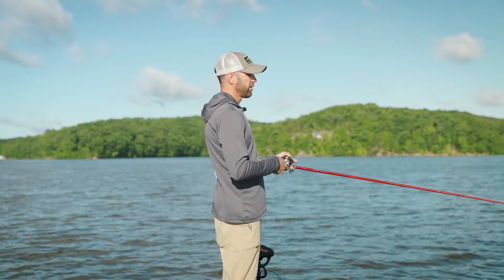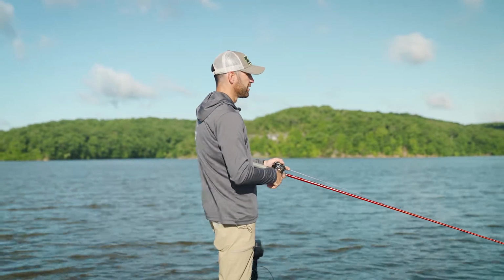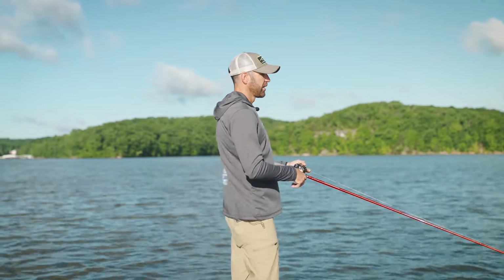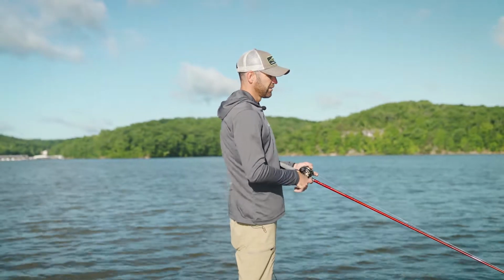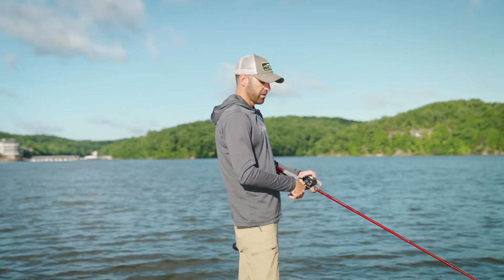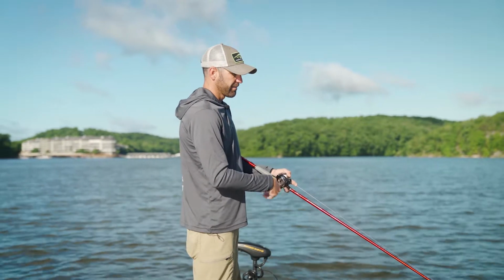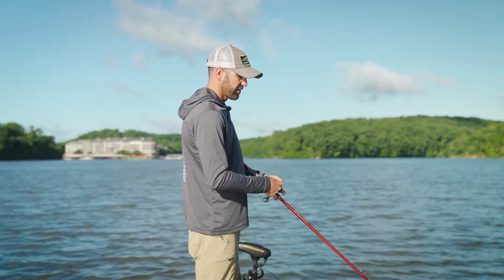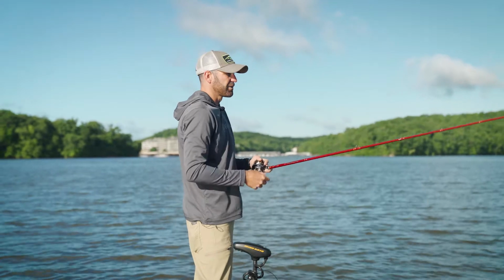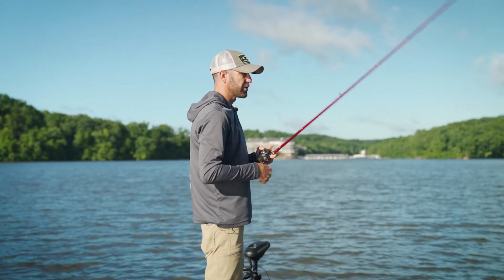And the great part, you know, a lot of people throw a swim bait on an open jig head, and you get good hookups that way, but I like to keep the bait close to the bottom. And when you get that other swim bait real close to the bottom with an open jig head on it, you're gonna hang it up and be a little less productive. So throwing it on this swim jig head with the weed guard on it, you get a little bit more flare and action from that skirt, and you're also able to keep that bait out of that cover, whether it's rocks and shell on the bottom or brush piles like we got going on here in front of us, brush piles and boulders. I'm able to